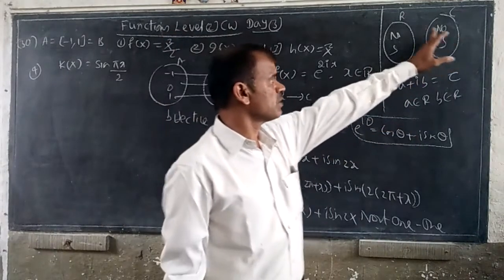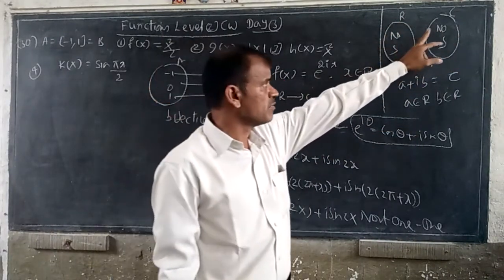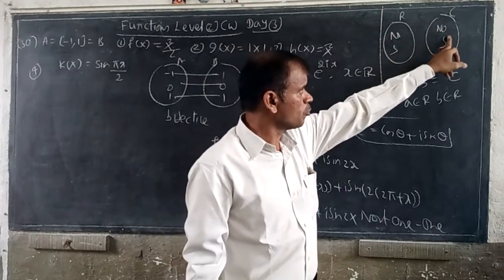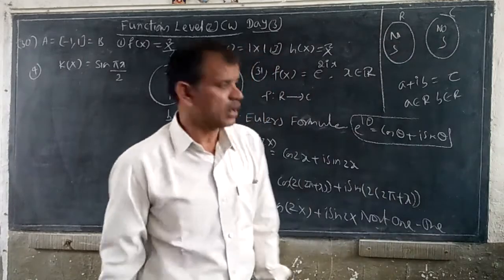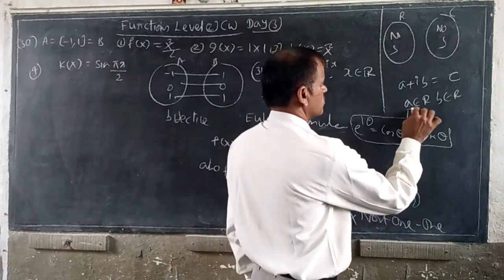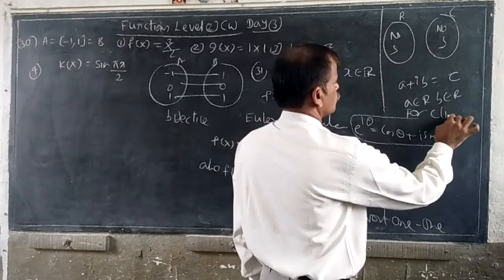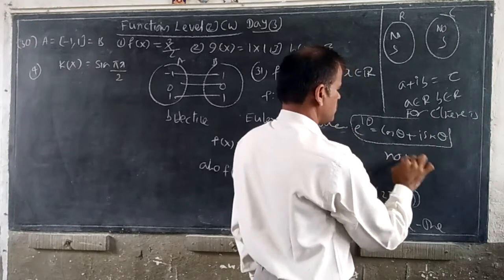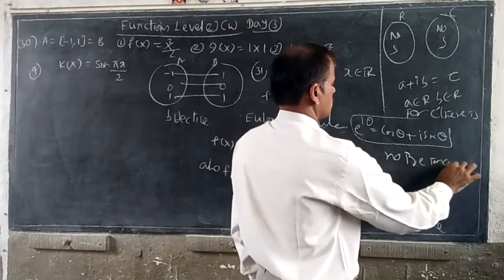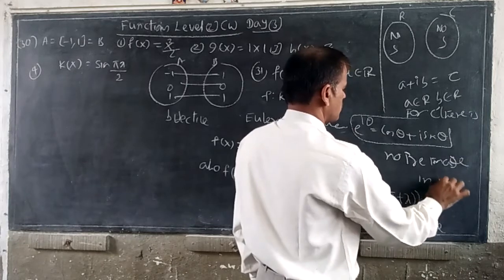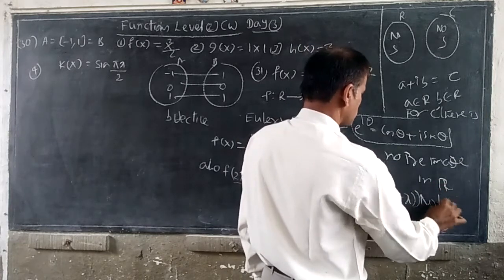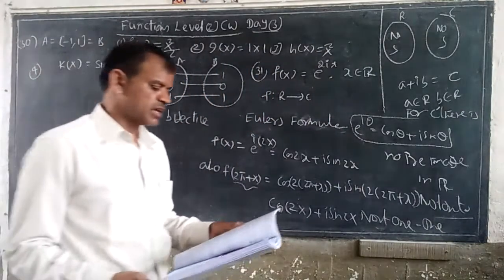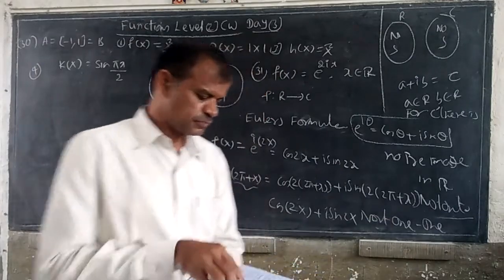For every complex number here there will be no pre-image. Every element of B should have at least one pre-image in A. Whenever there is no pre-image in the real numbers, it is not onto. So for C, complex numbers, there is no pre-image in R, the real numbers. Therefore, not onto, and not 1-1. So according to the options, neither 1-1 nor onto, the fourth option.